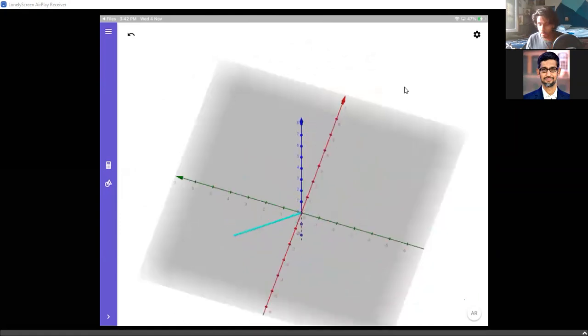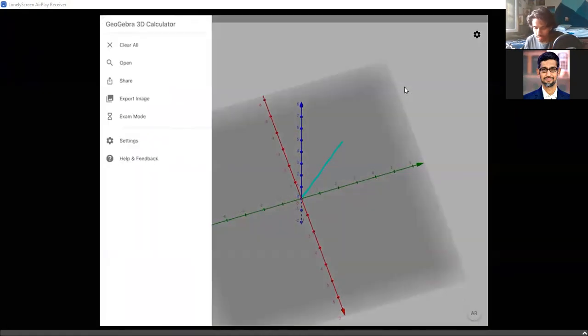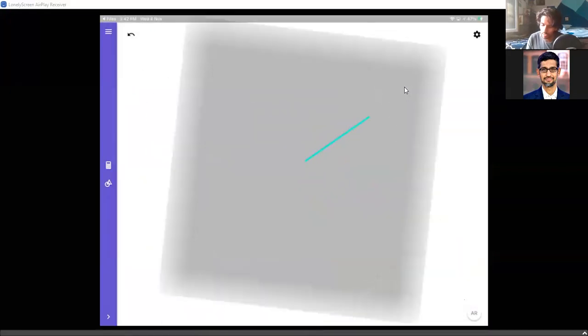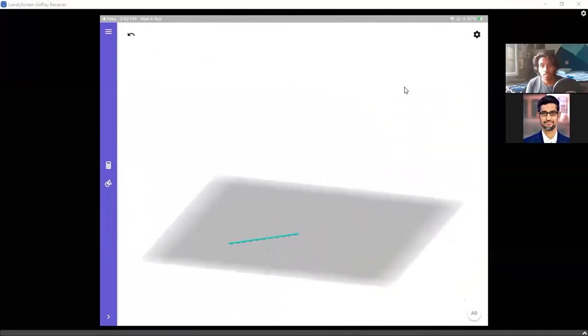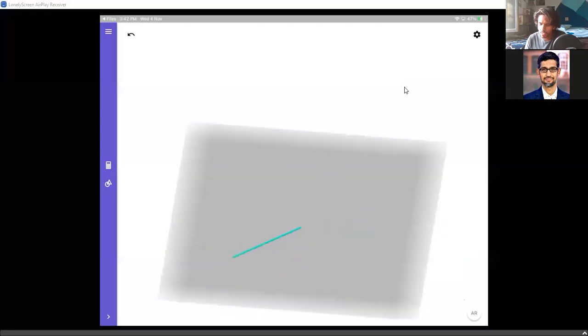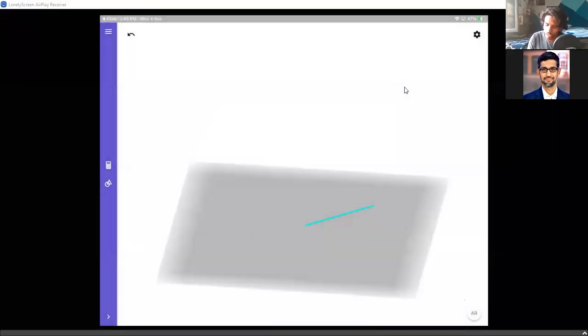Can somebody tell me what is the moment of inertia of this rod? If you have to write the moment of inertia, let us just hide the axis. It looks better, I guess. The rod is simply rotating about one of its ends. So the moment of inertia is simply ml square by 3. Everyone knows this value. We've just done this. It doesn't matter in which direction it is rotating. As long as it is rotating about one of its ends, the moment of inertia is simply ml square by 3. It is as simple as that. No, we don't need to worry about this one.